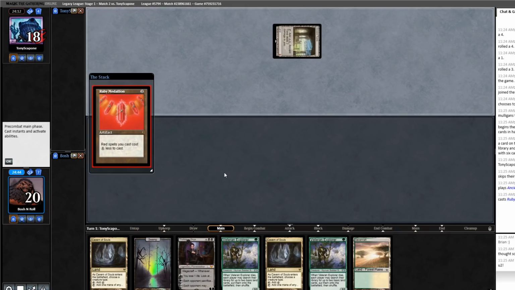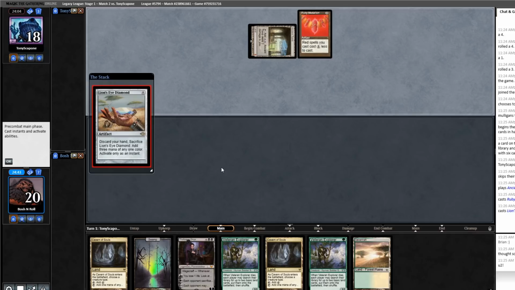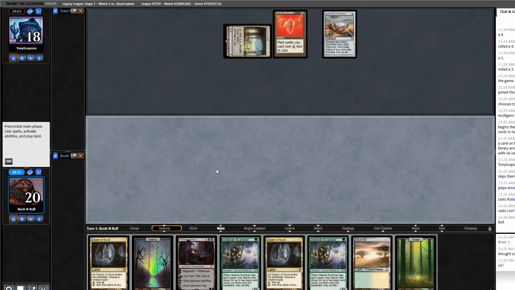Alright, this is looking like Ruby Storm to me, for sure. Alright, we could die on turn 2. The Ancient Tomb Medallion start is basically the best. Ooh, LED. Are we dead right now? No, they're just playing around discard. Thoughtseize. Bummer. Alright,